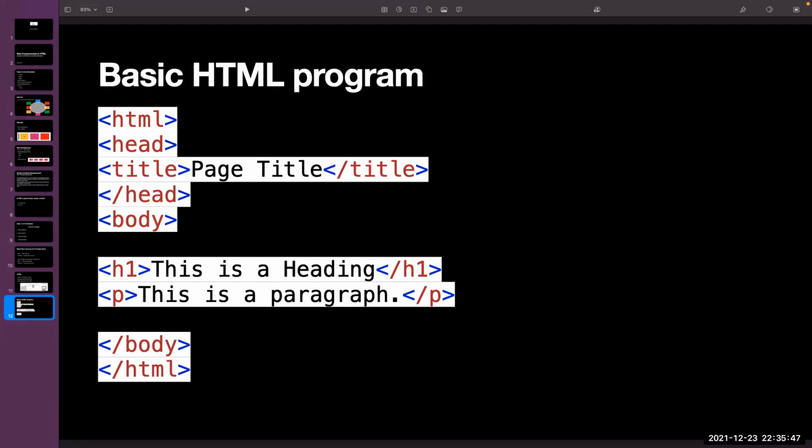In a basic HTML program, we will have two major tags, that is <html> and </html>. Whenever a tag is inside the greater than and lower than symbols, this structure is called a tag. Every HTML page or program will have a starting tag as <html> and an ending tag as </html>. This slash is used to close a tag. This is opening a tag and this is closing a tag. So this complete HTML program is enclosed inside the HTML tags.